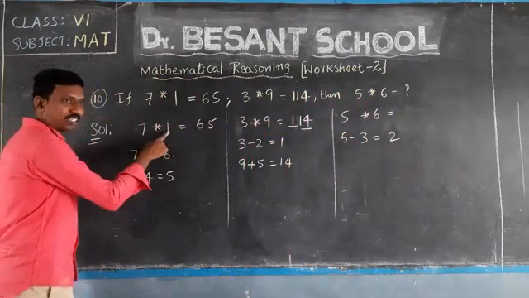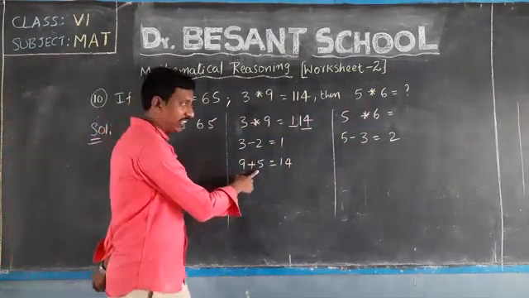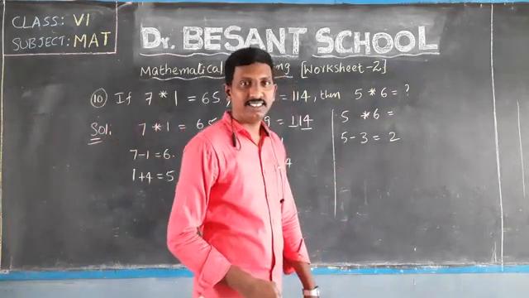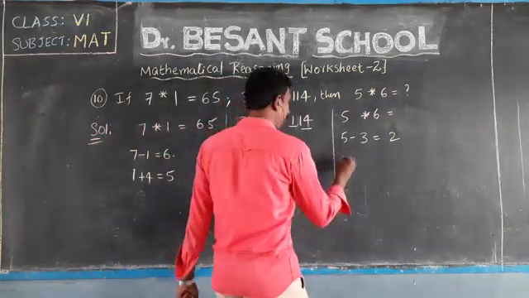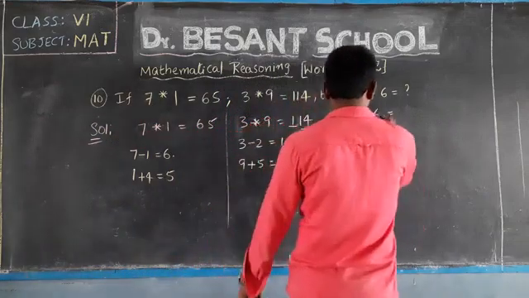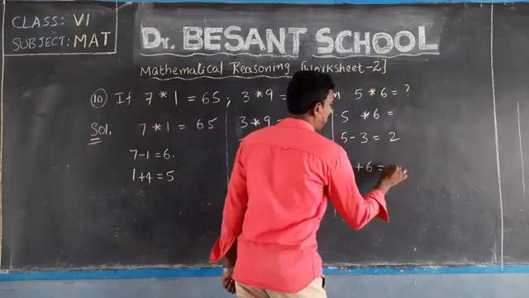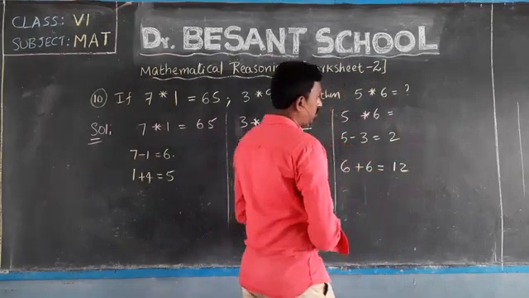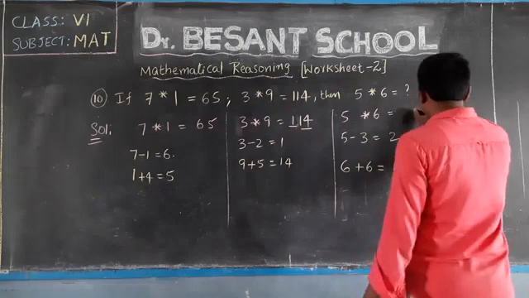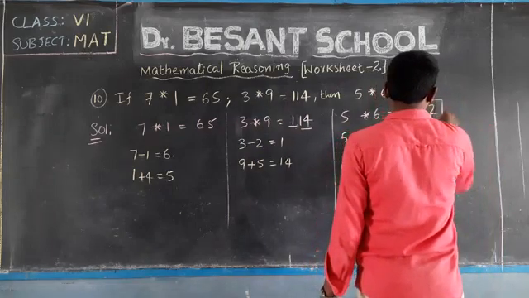Next, for the second number, here I have added 4, here 5 is added and here how much should be added? Yes, it is 6. Very good. So we have to add 6 again. 6 plus 6 equal to 12. So what is the relevant number you obtain here? Yes, it is 212. This is our answer.